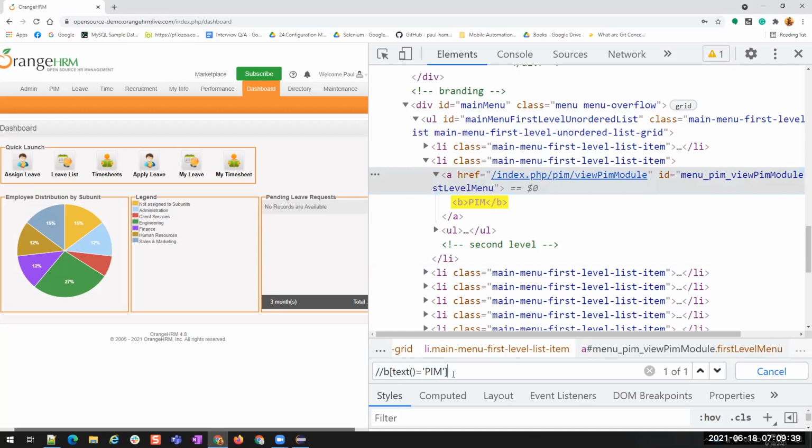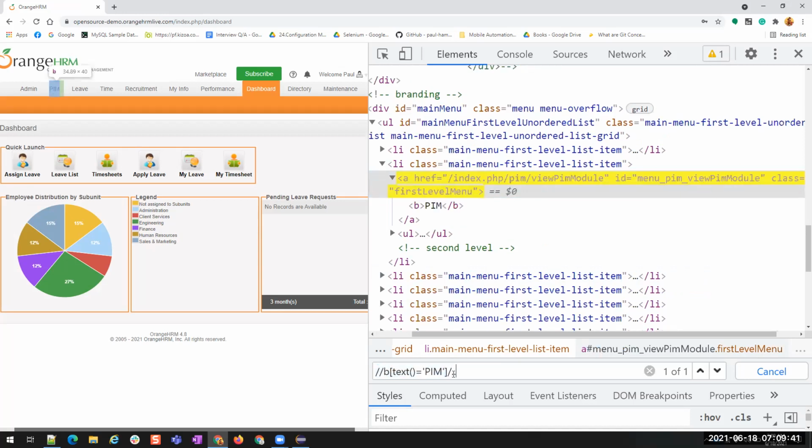Okay. So what we can do, we can find this and use slash dot dot. This is one way to go to a parent. This we have seen, right? To go to a parent from child, we use slash dot dot. Okay. Now I don't want to go this way, child to parent, but I want to see some methods of XPath.